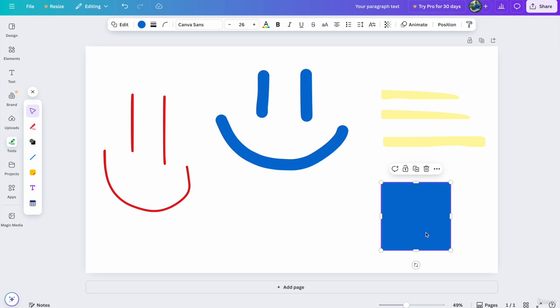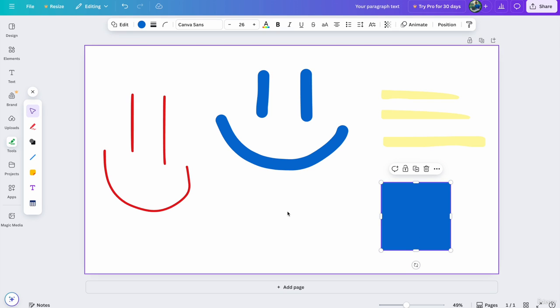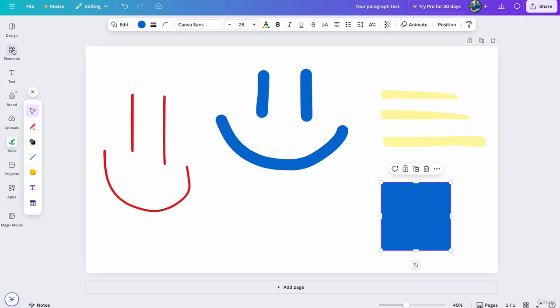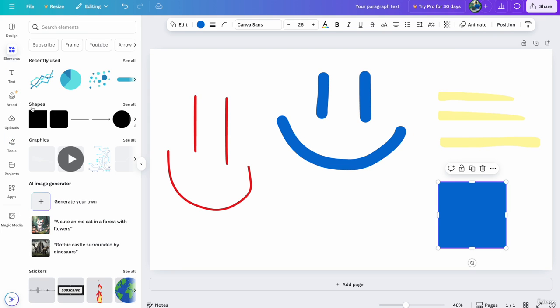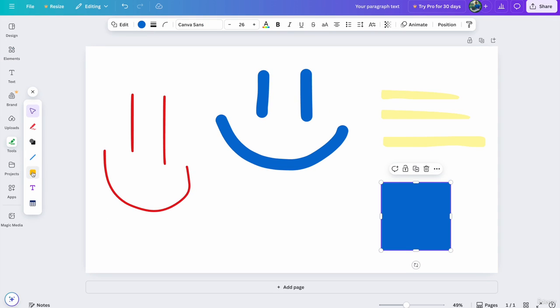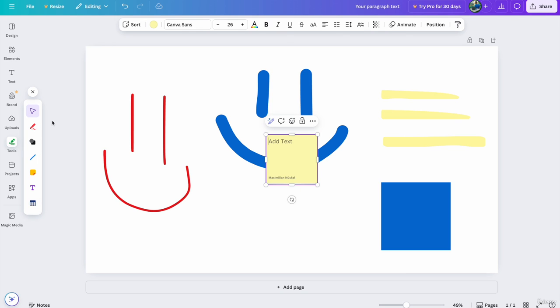Or instead, now it's up to you because you've already learned it. Yes, you can also add elements by clicking on elements and afterwards you have to use the shape section. Now let's get back to the tools. You can also add a